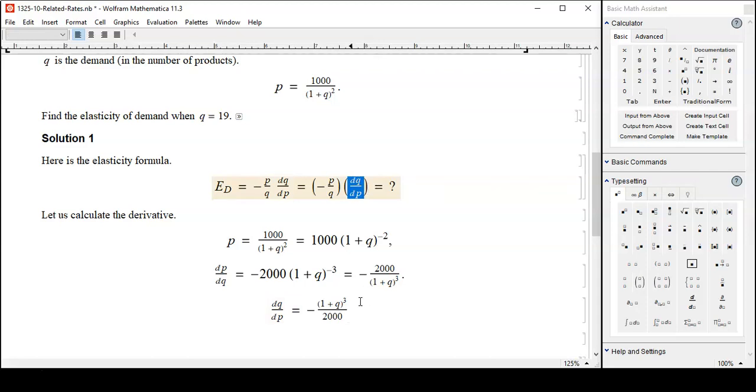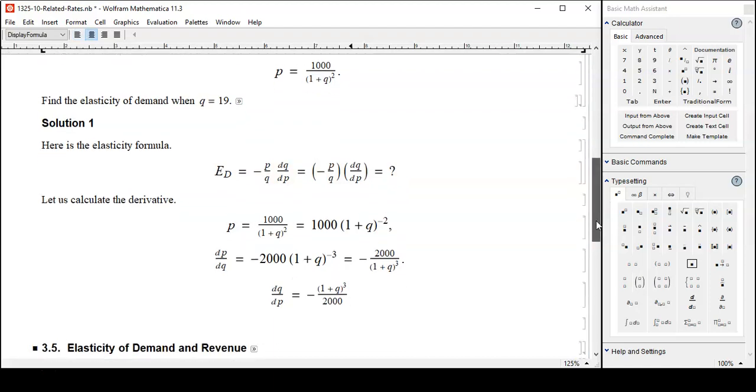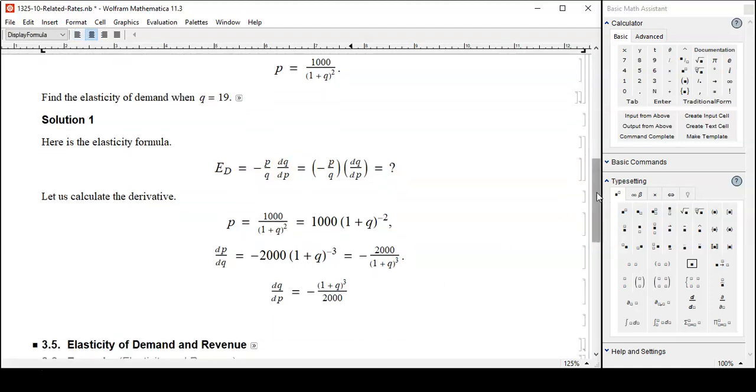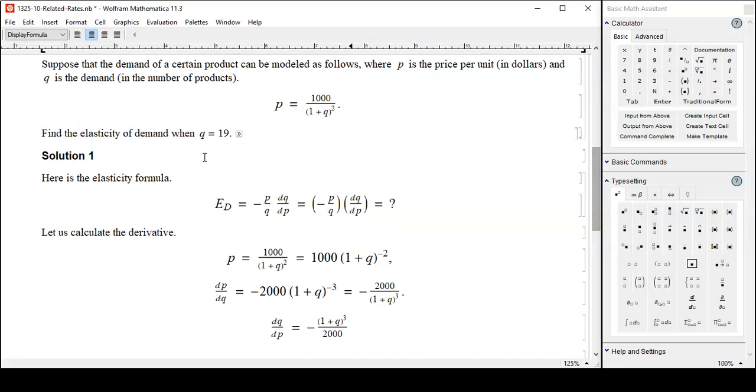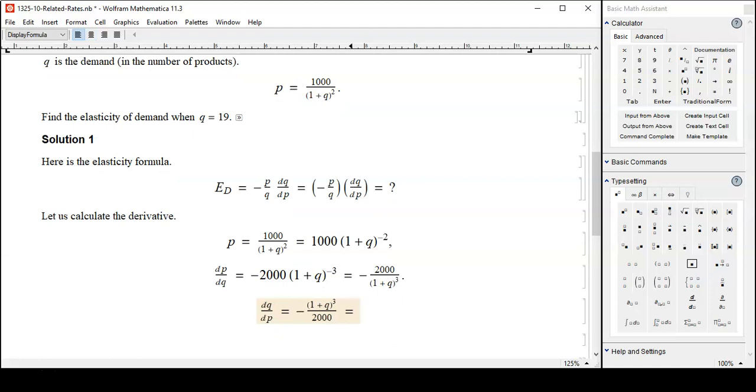Yes, I can do that. But then again, I took the derivative, so I'm free to plug in numbers. And what is the Q value? The problem gave me 19, right? So this whole thing is